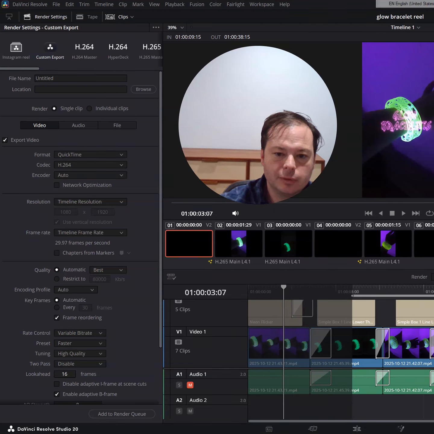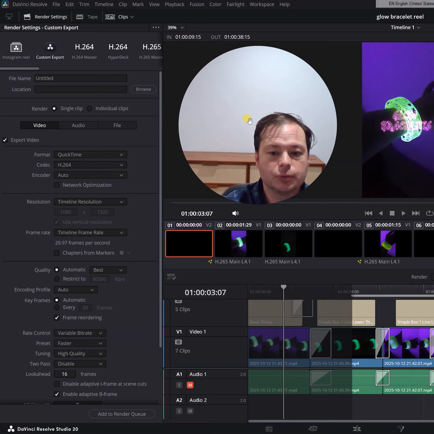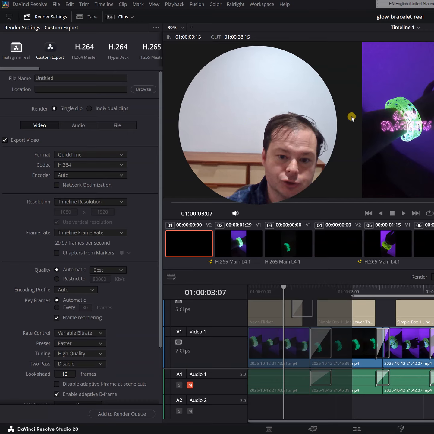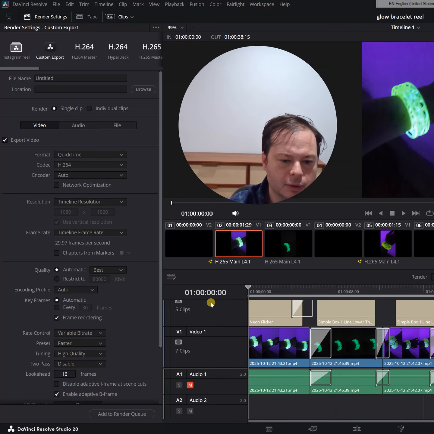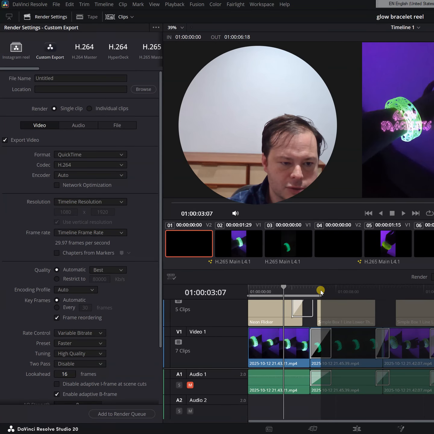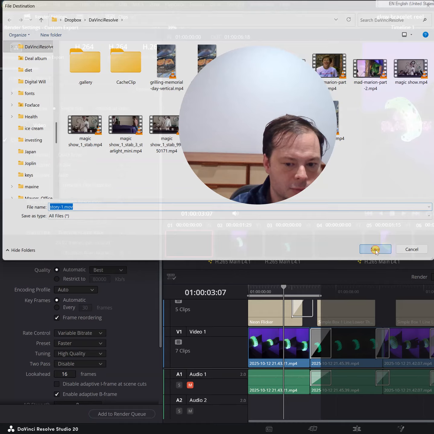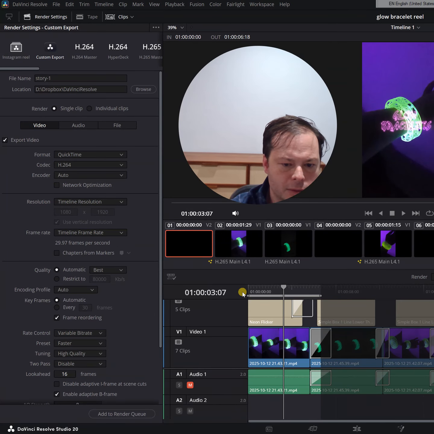Hi, I made a full-length video here and I want to show you how I can break it down into stories or shorts. So you have this slider here that you can control the length of the loop. So all you have to do is select a portion of it and rename it Story 1, and then you add it to the render queue, and call it there, and then you